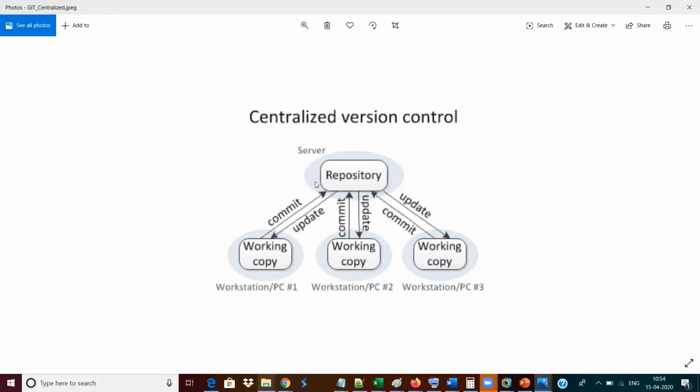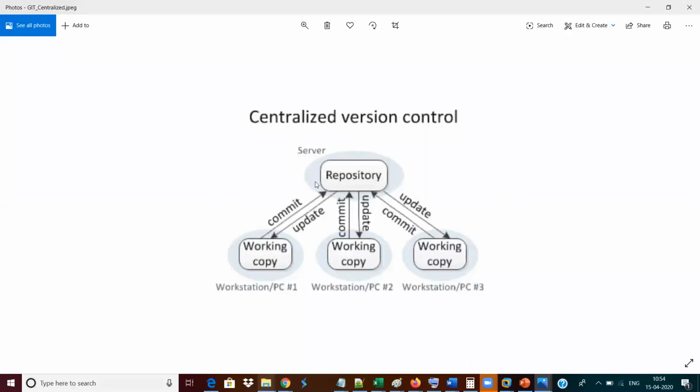Rather than it being stored on my personal laptop, where my other developer cannot get my data. So if I'm on leave for one day, that particular activity is going to get postponed. To avoid that, we are going to work with something called a centralized version controlling system, to store all our data in a centralized manner.